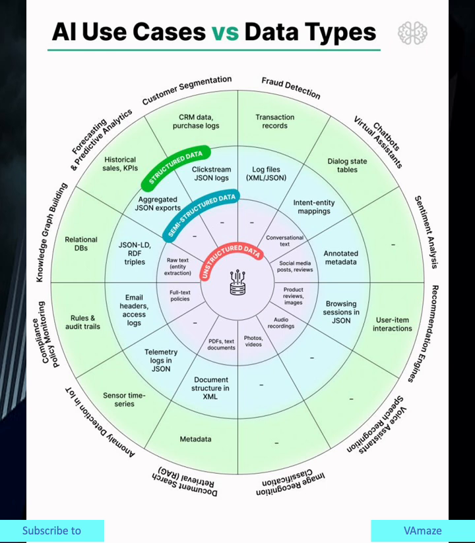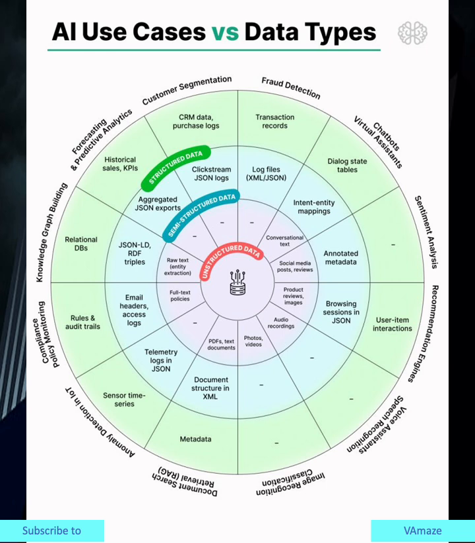The bottom line, data architecture is AI strategy. This diagram delivers a crucial message. AI strategy is fundamentally data architecture strategy. The use cases you can successfully implement are constrained by the data types you can effectively collect, store, process, and